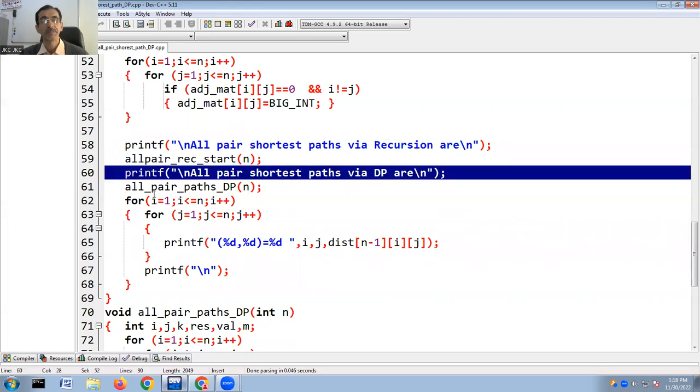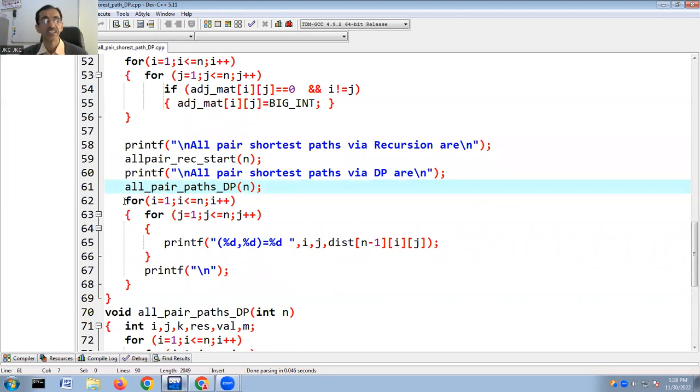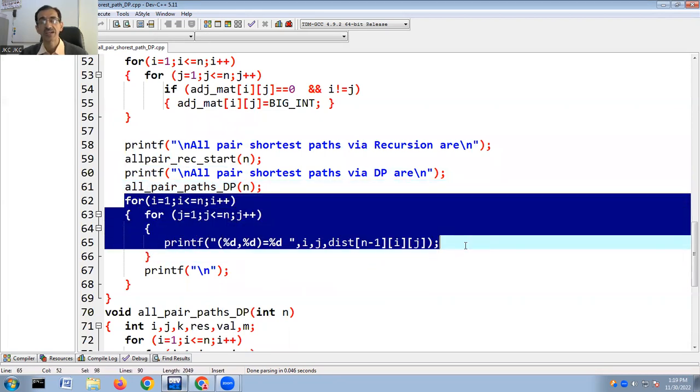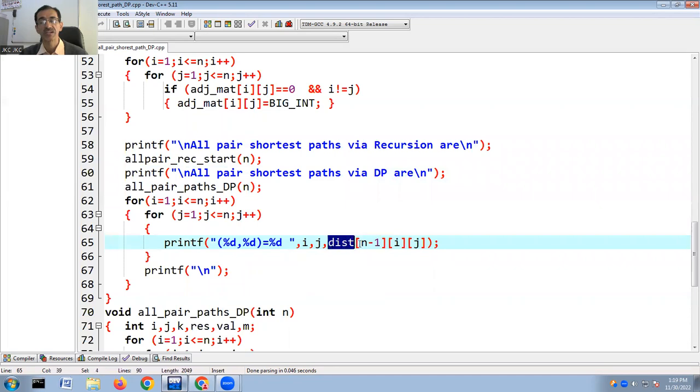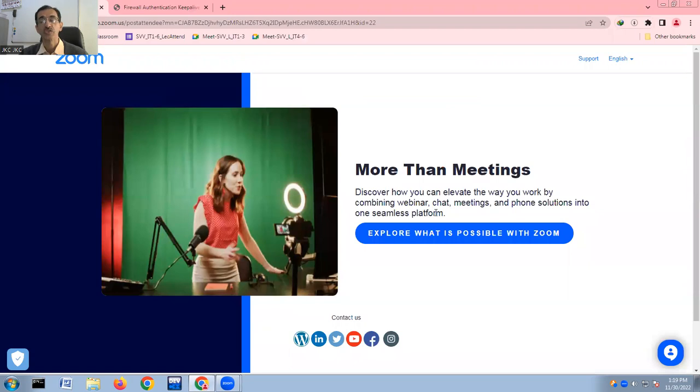Then via DP, I call all pairs path DP, and then my 3D array is ready. Out of that, I will display the final result, which is at n minus 1 ij. I think this code is sufficient to describe, and I'll stop here. And then I'll ask you now to implement it on your own. And of course, this code will help you in